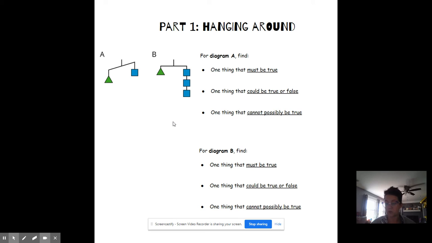One thing that could be true or false, we could say the triangle weighs 5 grams. We could say a square weighs 14 pounds. We don't know the exact value, so as long as you're only naming the triangle or the square with a